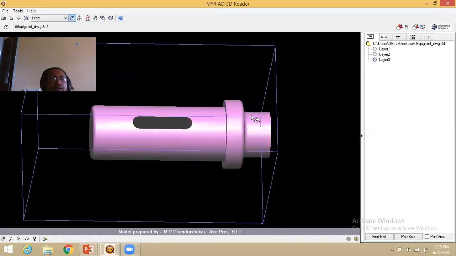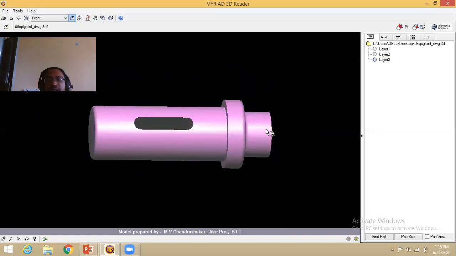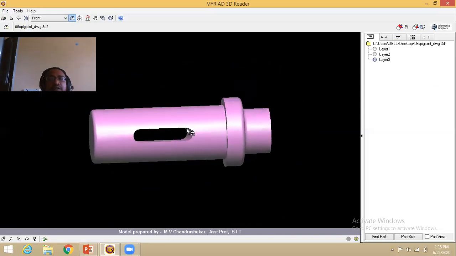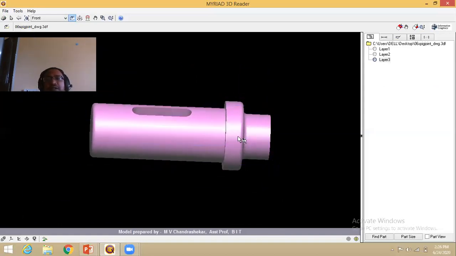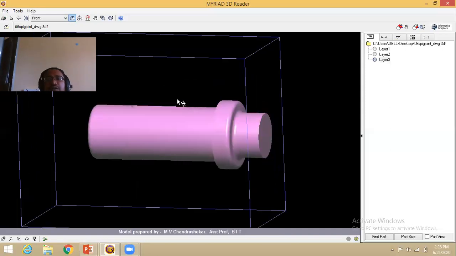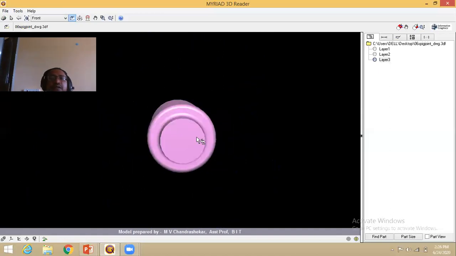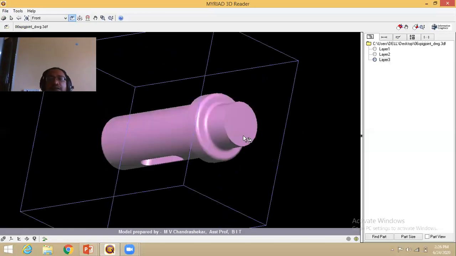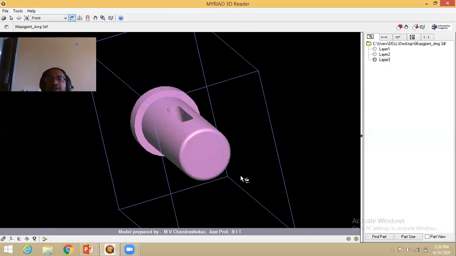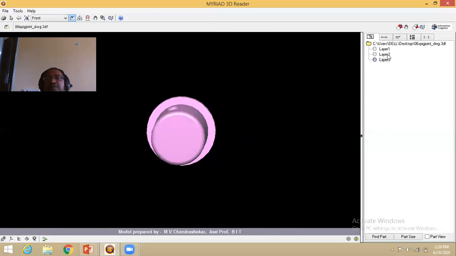And this is the spigot. This is the rod end. This is the spigot end. That is the slot that is provided here, and this is the collar of the spigot. And if you see this, this is the diameter of the rod. This is the diameter of the spigot collar. This is the diameter of the spigot. These are the different terms we use in the case of the spigot.